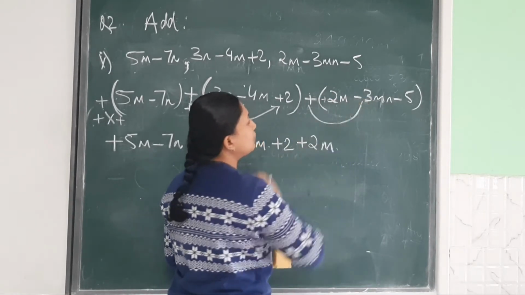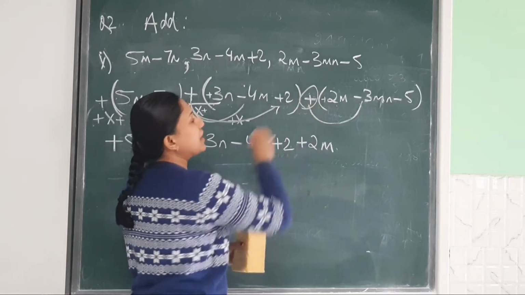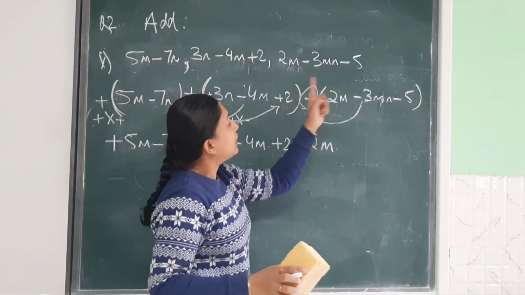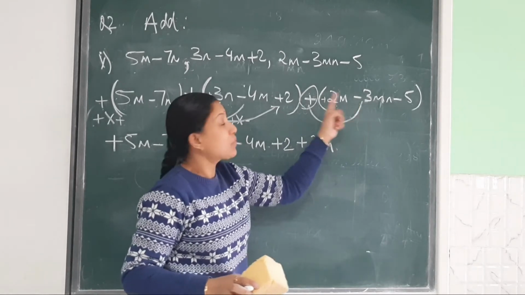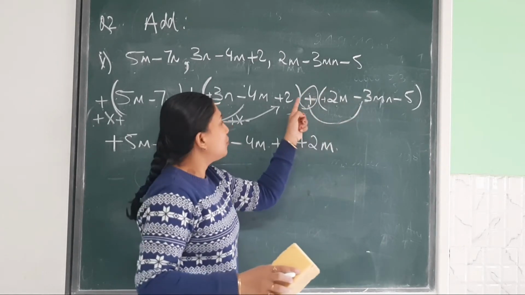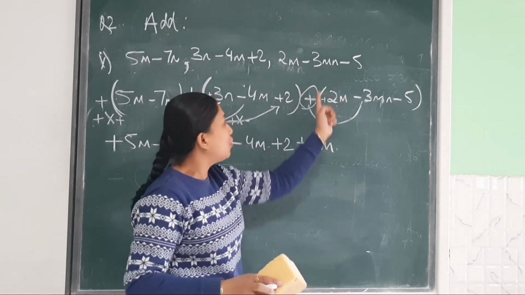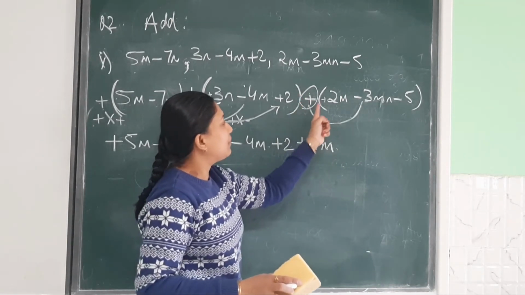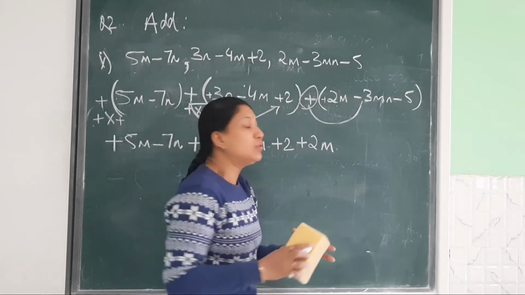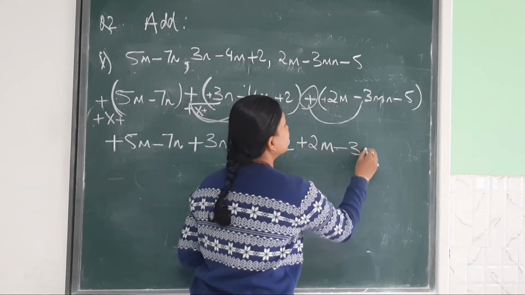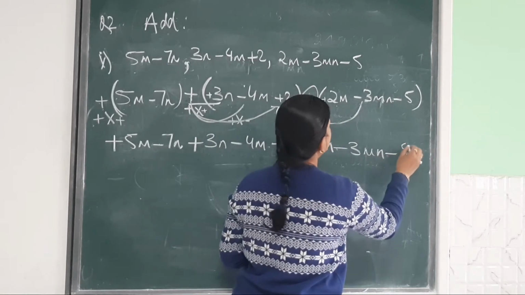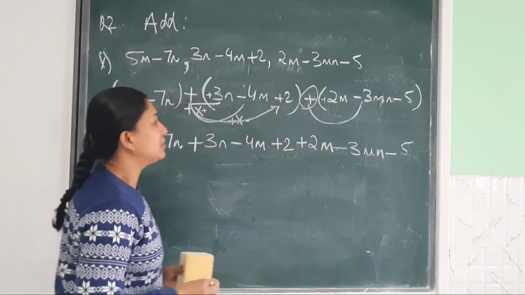Same way, plus into minus. See, this plus is a guest, wants to go and meet each term. So what will plus do? It will meet its own relative. Sign will meet sign. So plus, the bracket means the door for the guest is the multiplication sign. Plus multiplied by minus, multiplying two different signs, answer is minus. Then plus into minus, same way this will become a negative sign.